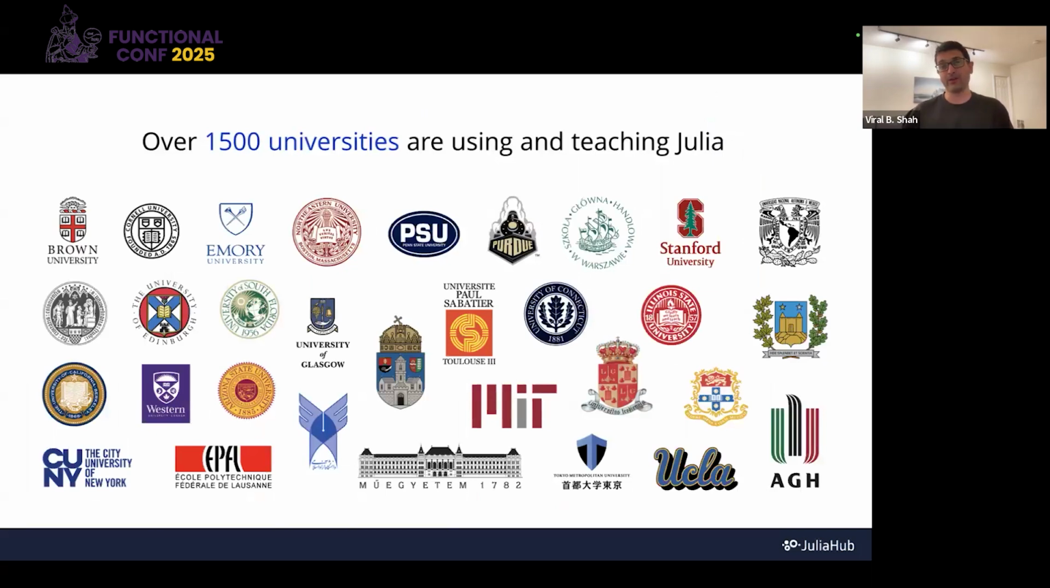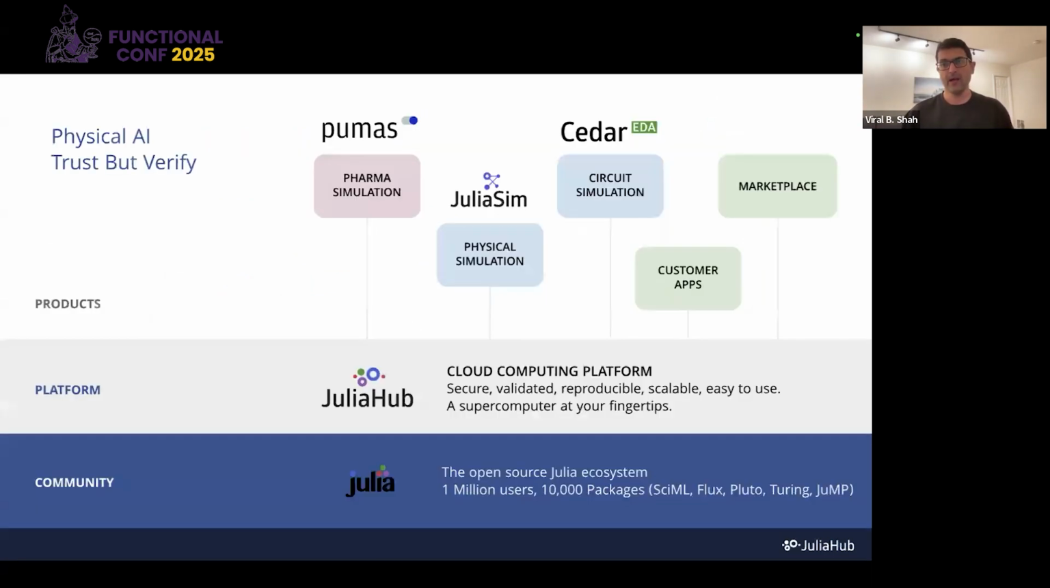The last we had measured, we had seen downloads of Julia from over 1,500 universities that were using and teaching Julia. There are hundreds of courses that actually teach Julia today, and these are all around the world, some of the best universities. And this is how we at JuliaHub kind of see the whole Julia ecosystem,